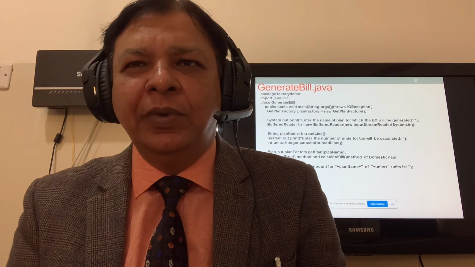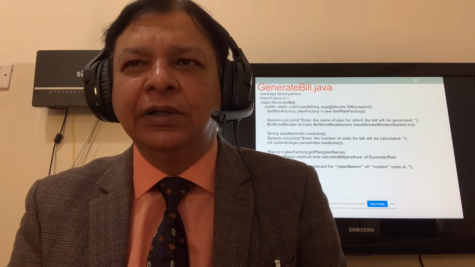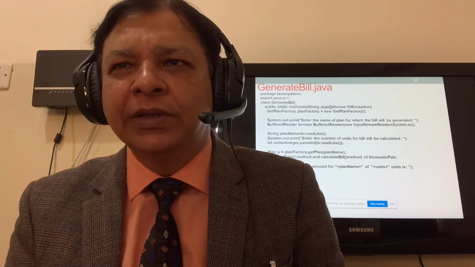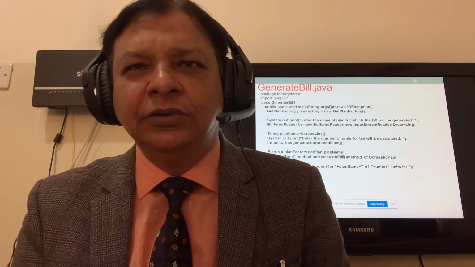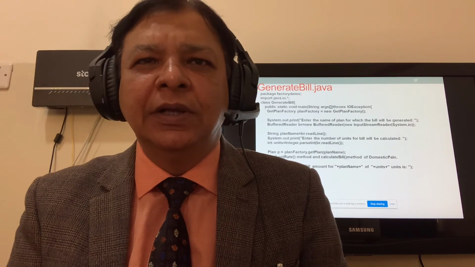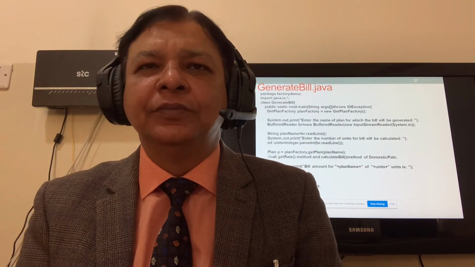System.out.print the bill amount, the concatenation planName, then the string, then concatenation the variable units, and plus again string. p.getRate, p.calculateBill units we pass, and then close the method and close the class. That is your GenerateBill.java.